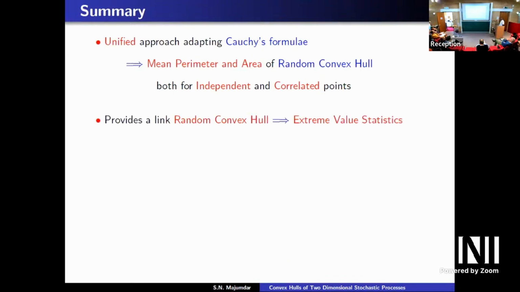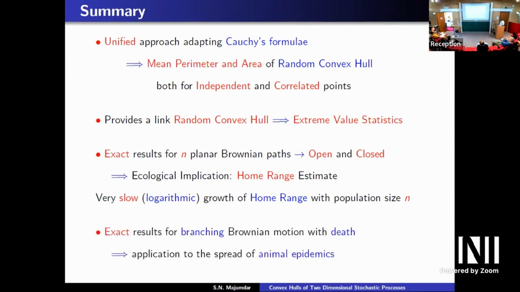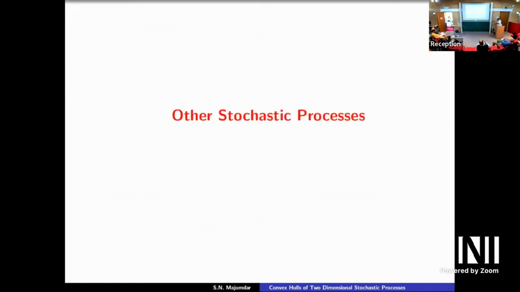And it also provides a nice link to extreme value statistics, which is another subject area in which I'm interested, and many other important works are being done now. So that's a nice example of extreme value statistics. And for planar paths, you have open and closed, you have exact results. The ecological implication for this home range estimate is a very slow growth of the home range with population size. And for the branching Brownian motion with death, you can apply it to the spread of animal epidemics. And again, area grows very slowly as log T. So let me just, for the last 10 minutes,